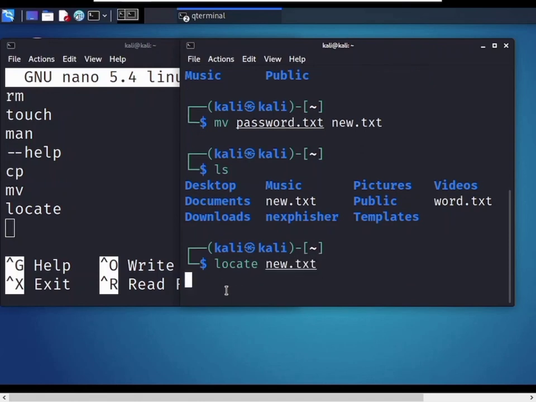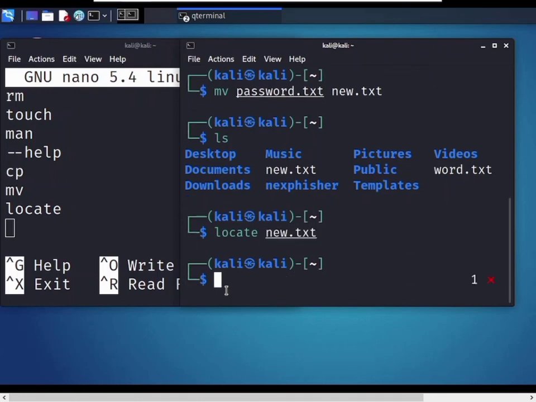locate new.txt. Oh, now it shows nothing. Why? Because the new.txt file is created in my home directory, so it is not shown.